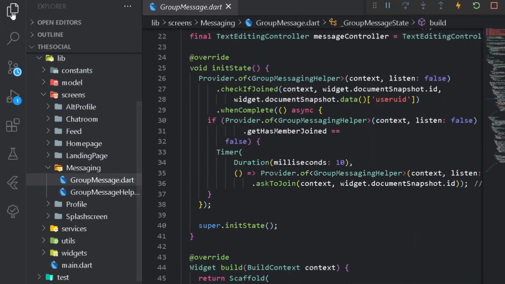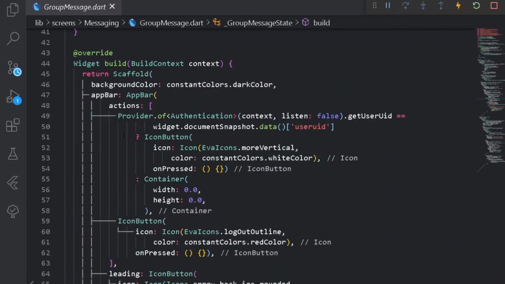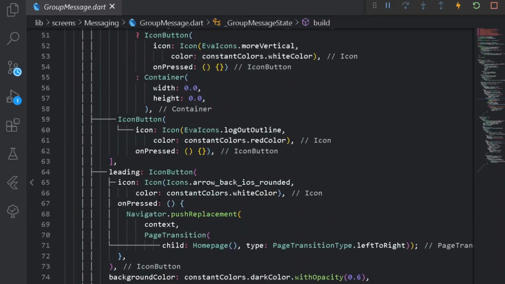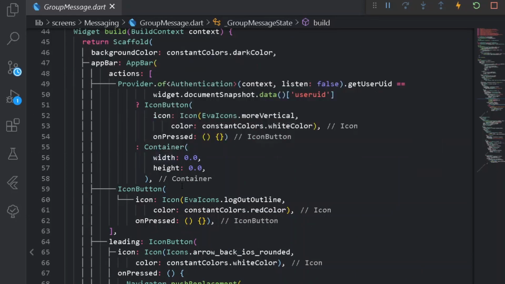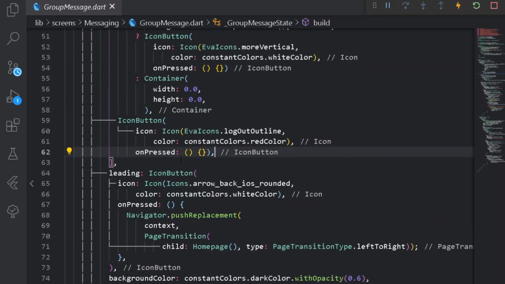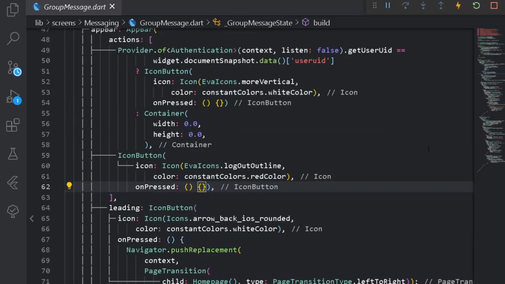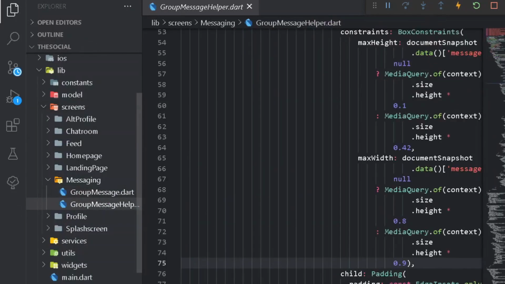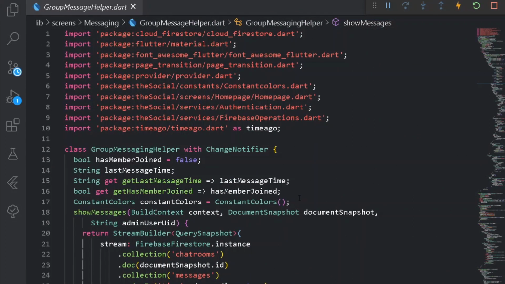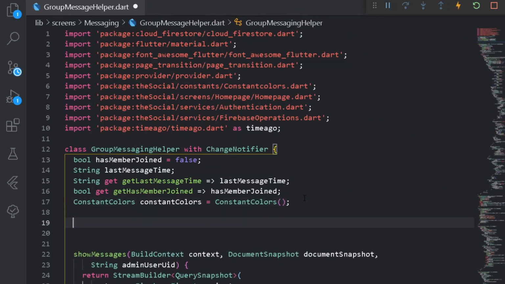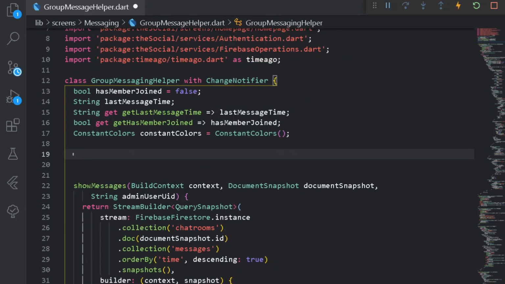Let's go under our group message, and here if you observe we have our app bar, and under our app bar we have our trailing widget, that is actions, and under actions we have our icon button of logout. So we need to simply log out of the following chat room. So for that purpose we can simply do one thing, create a new method for simply logging out. So for that let's go under our helpers, and at the top create a new method for logging out. So here instead of logging I will be simply carrying out for leaving group. So here I can simply say leave the group, alright, leave the room, it will be more precise.